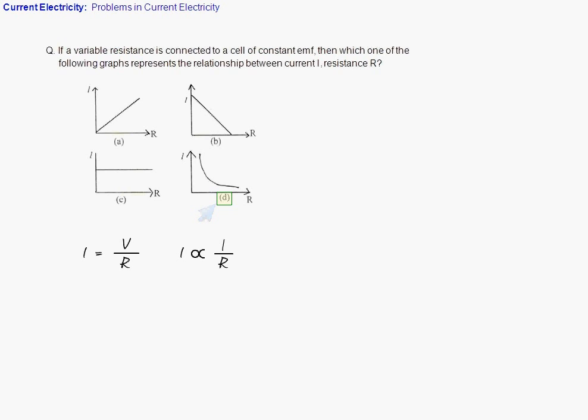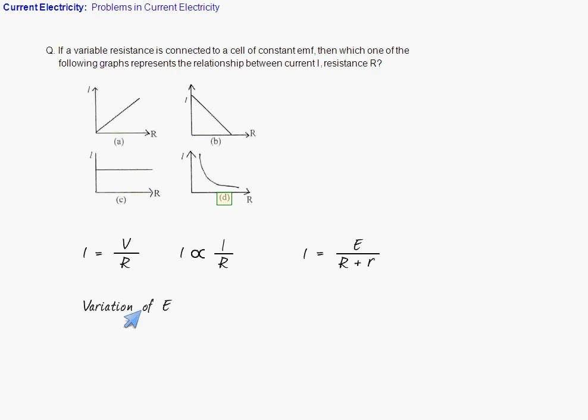even if there was internal resistance, I would have written I is equal to E upon R plus r. Still then, as R increases, as small r, that is internal resistance, is constant, current will decrease with increase of resistance. Furthermore, here is some information that's related to this, that if we were asked to